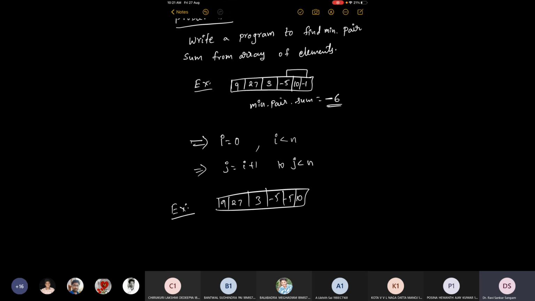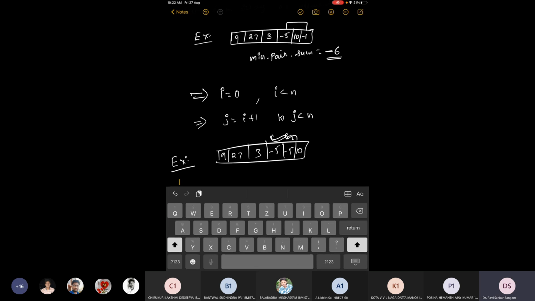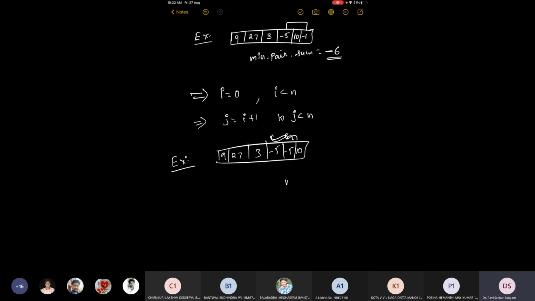In this case, the smallest element among all the elements is repeated, right? So now what is the minimum pair sum? Minus 10. Now check that. You need not share your screen, just verify: are you getting that or not? No, sir. If I remove that not-equals condition, then I'll be getting this. Got that point? Yes, sir.